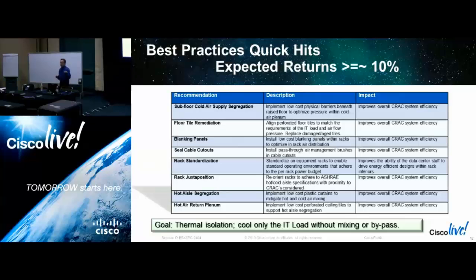Now, if you pop that tile, and we're going to pop that tile, and we're going to look down. If you can't get your head down there because of the spaghetti mess of cables, that's a whole Cisco Live right there. Get that stuff cleaned up and out of the way. It's obstructing the airflow, and it's impeding maintenance, and it's causing a problem. We're lucky today it's not down there.